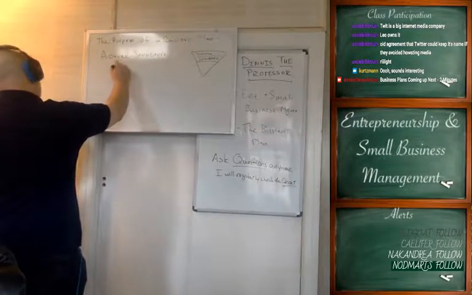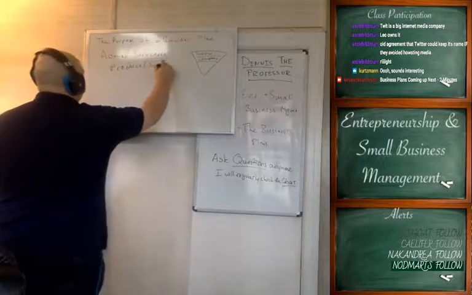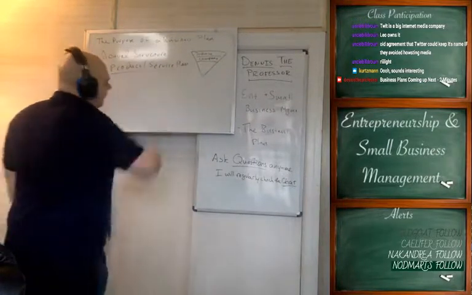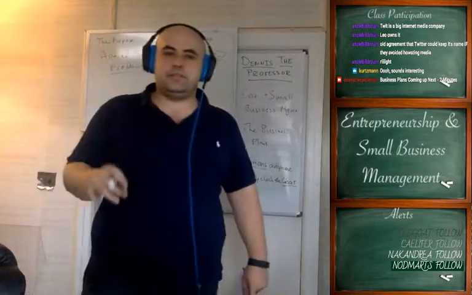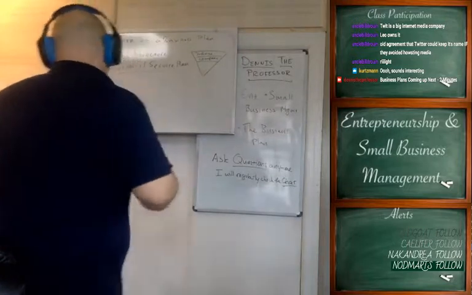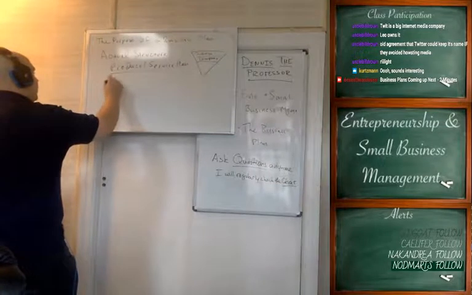So what you're going to elaborate on first is product and service plan. Now this is the most important part of your business, hands down. Your expertise, everything else falls second place to this. This is the most important part of your business. And the reason it's the most important part of your business is because you need to tell your investors what you're offering.